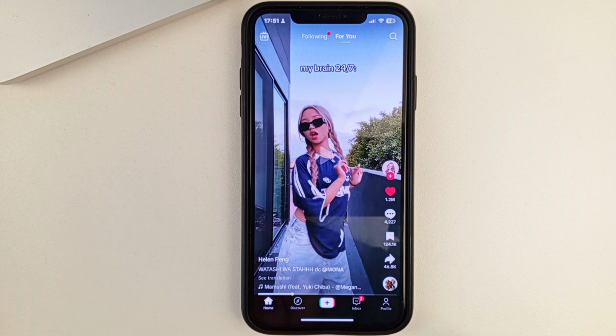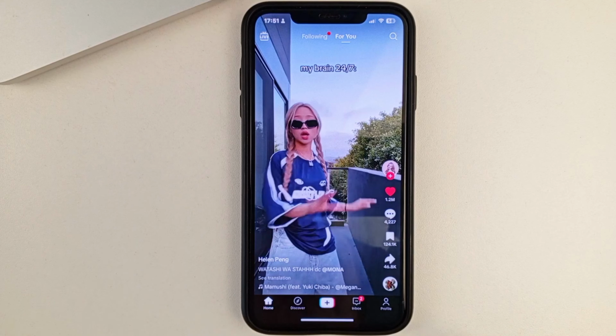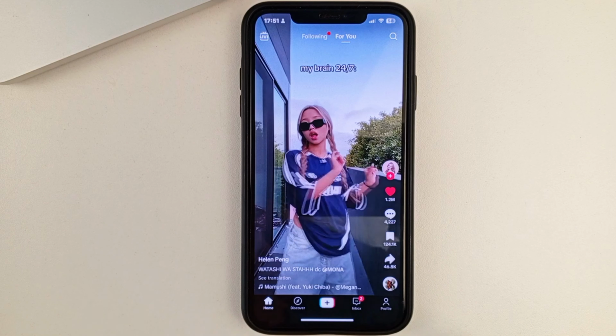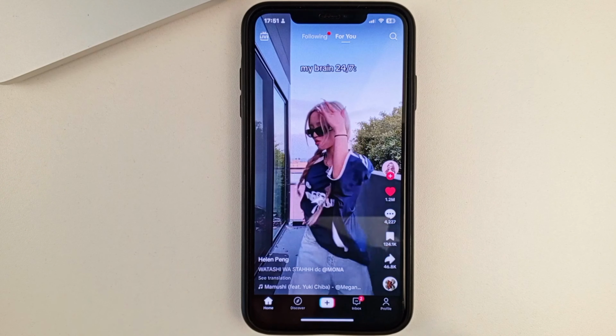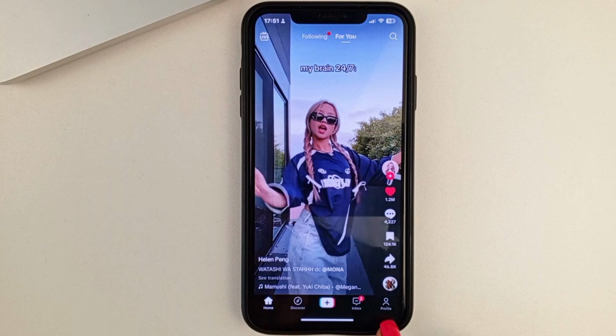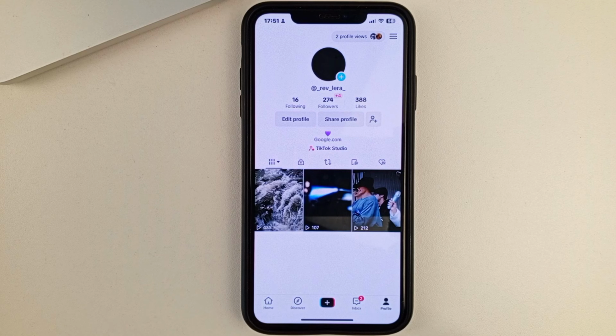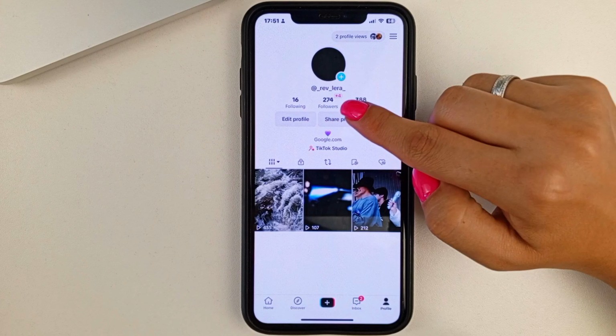So, friends, let's get to the topic. When you want to delete all your subscribers, you first need to open the TikTok app itself. And then at the bottom, click on your profile. Next, friends, go to the subscribers option.